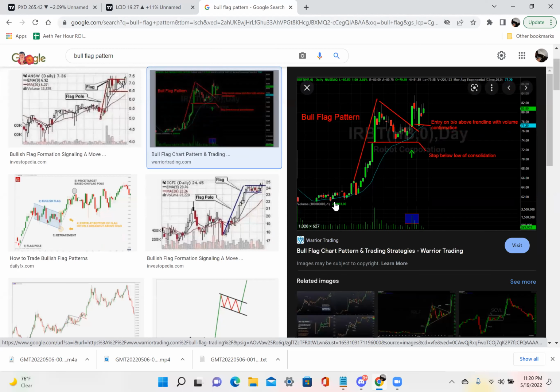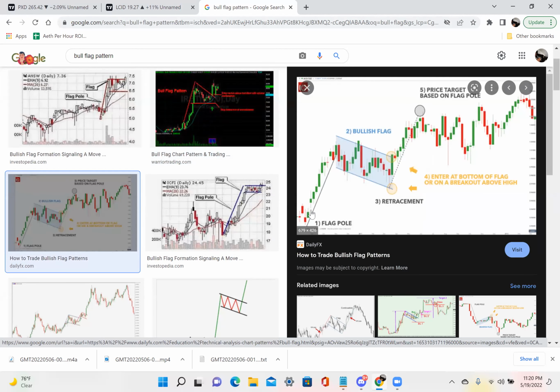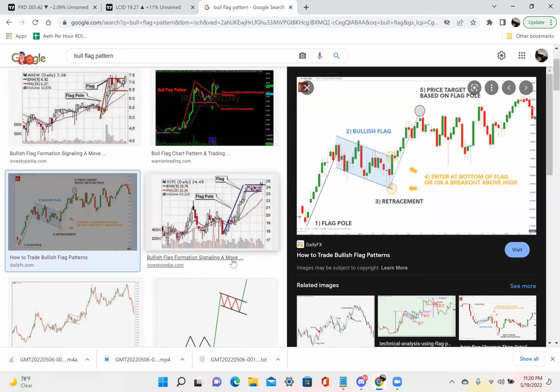There goes another example right here as well. You see how, and this is perfect because some people would have just been like, no, this is just the pole right here. This is your whole pole. This is a run up, and now it's flagging, and now it's breaking out, right? Just like right here, you see, this is your whole pole. This is your flag, and this is your breakout, right? Now that I showed it to you like that,